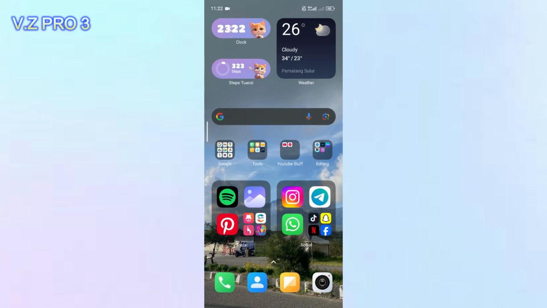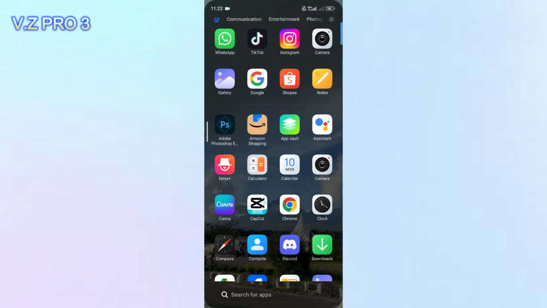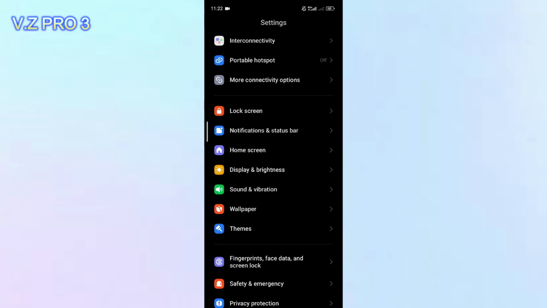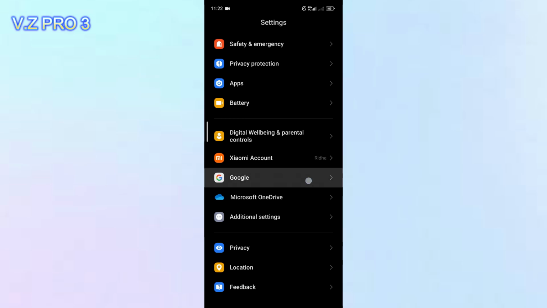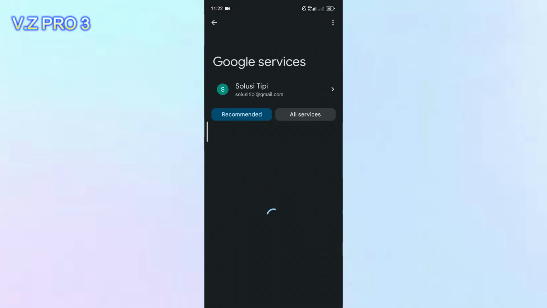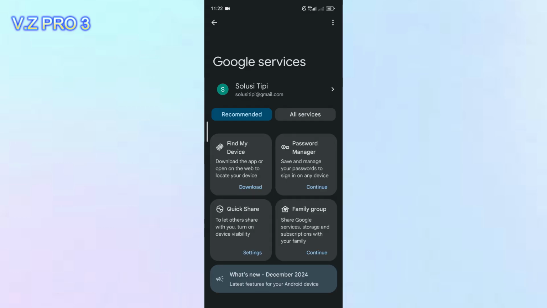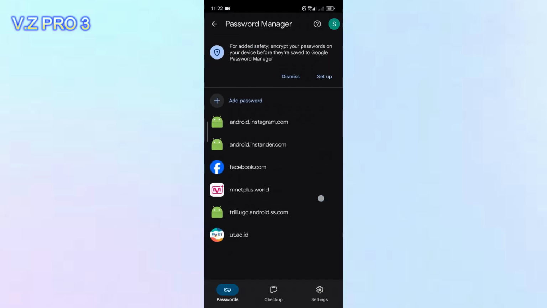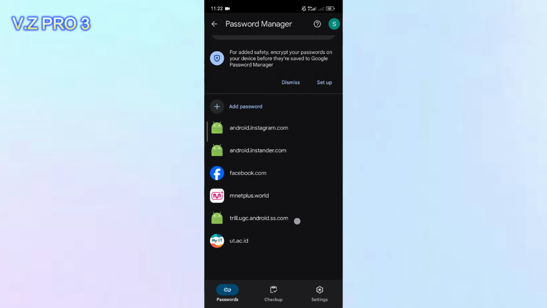You can just open the settings on your phone. So to remove the passkey, you can open settings on your phone. Now you can just scroll down, tap on Google. You can choose the email that saved your passkey. Now, in here, you can go to Password Manager. And in here, you can just find there is an option